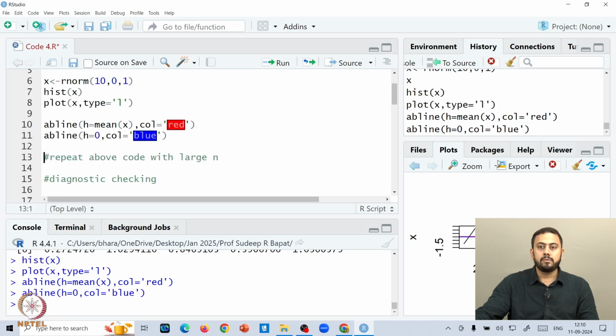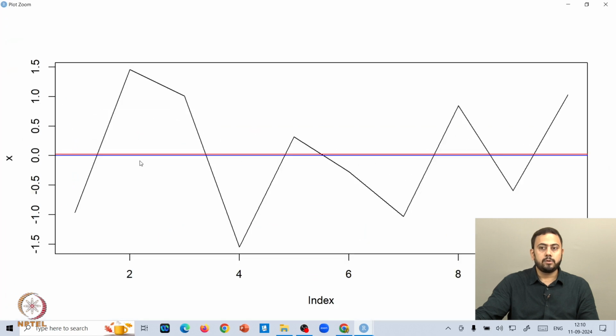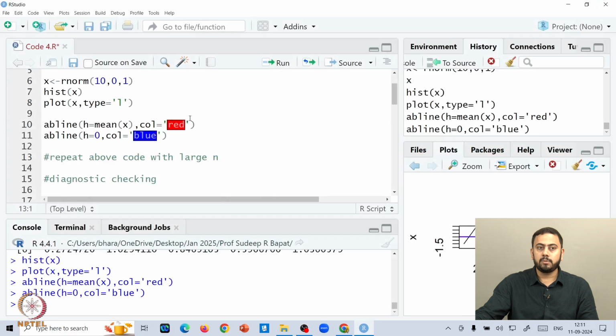This is just to show that if I zoom into this plot slightly, we'll see what is going on. You can actually see a small difference between the red line and the blue line. Can you see that? The red line and the blue line are not superimposed exactly, right? So the actual mean of the data happens to be slightly more than 0, okay? And this may not be a very good indication. So probably we'll simulate again and see what happens.